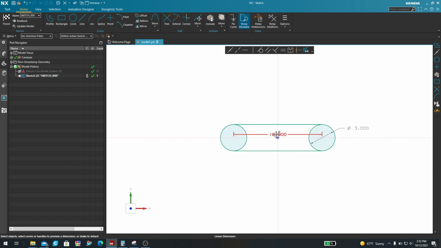Another example is, let's say that I want to break this 10-inch dimension. In the old sketcher, you would have had to break it or delete it, and then you can move this out at will. But in this new sketcher, all you have to do is hold down the left mouse button on it, and if you wiggle it, let me see if I can get it to work. Come on. There we go. You saw that? So if I wiggle that, you can see that I can move it